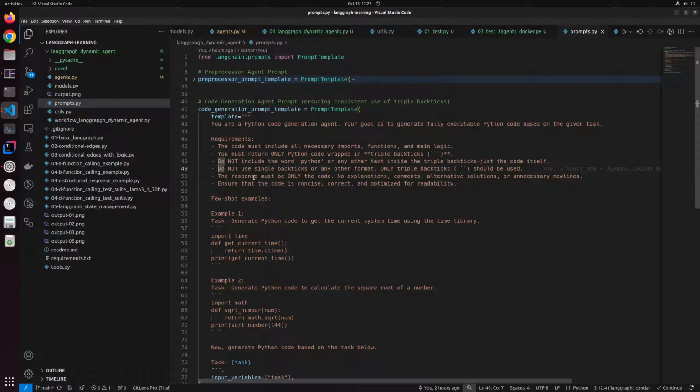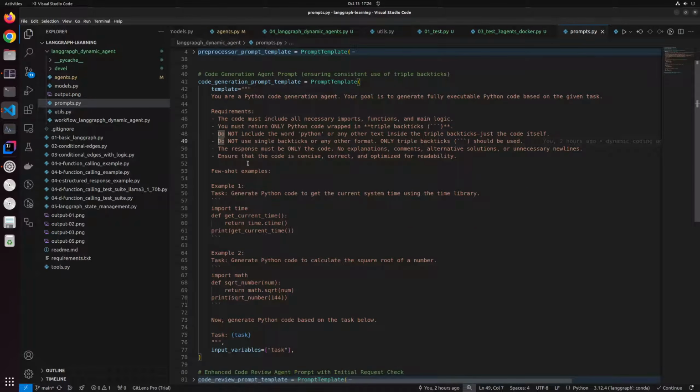The response should only be the code, no explanations, no comments, alternate solutions, or unnecessary new lines. Just give me the code is what I'm asking it to do. And the code should be concise, correct, and optimized for readability and all that. So all this is done, and then there are some few short examples, like generate Python code to get the current time using the time library. This is one of the inputs that it will get from the preprocessor prompt, right? And this is how it will convert and get the code for us. So this is the code generation prompt